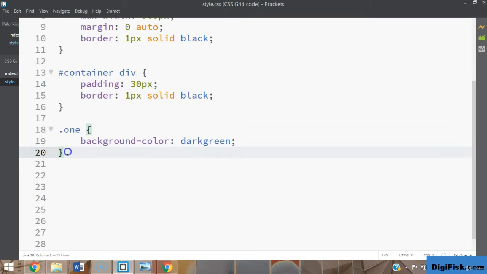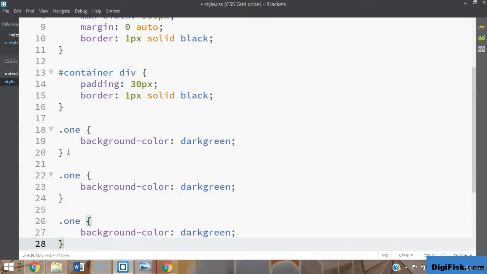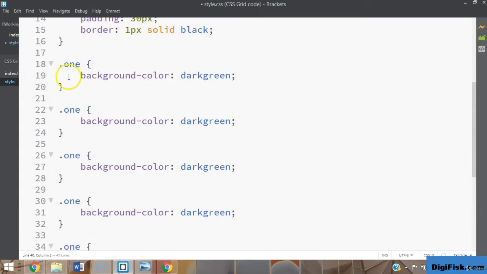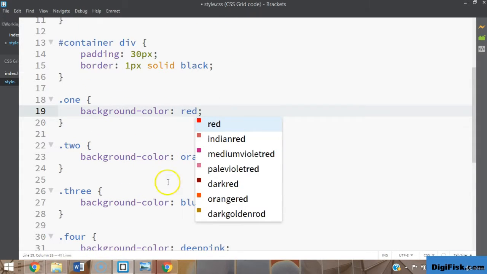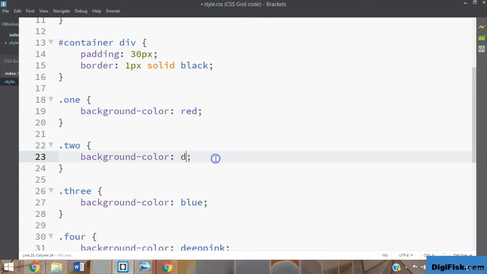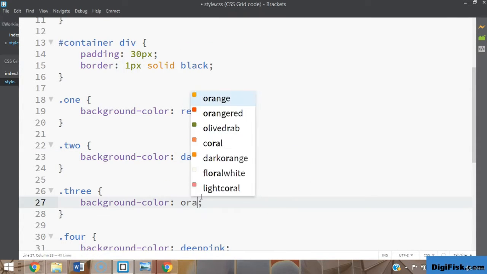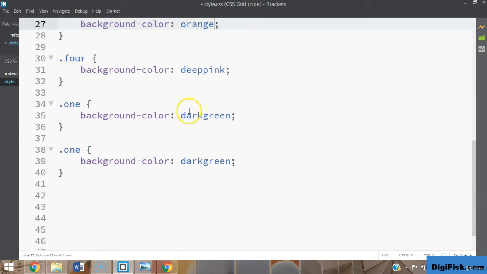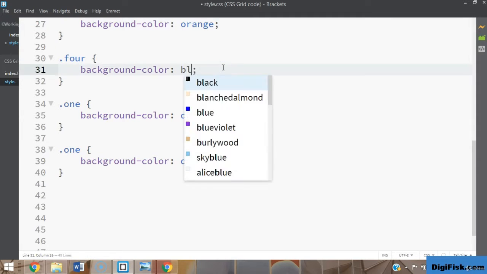Now I'm gonna copy this. 2, 3, 4, 5, 6. Right, I'm gonna make this red, and then I'm gonna make this dark green. This is just my preference. You can give any color you want, obviously. I'm gonna make this orange, and then I'm gonna make this blue, deep pink,